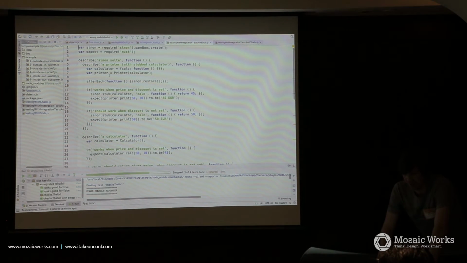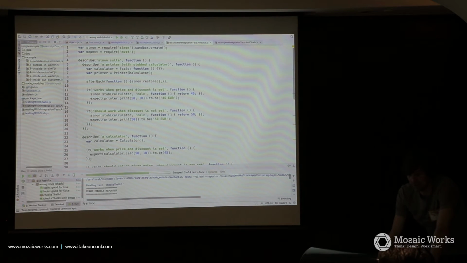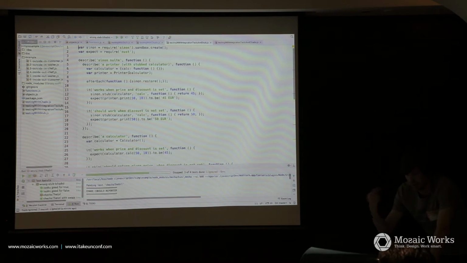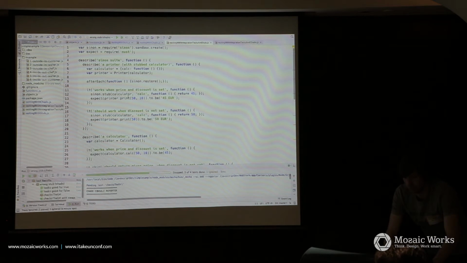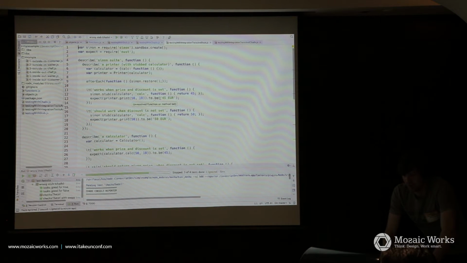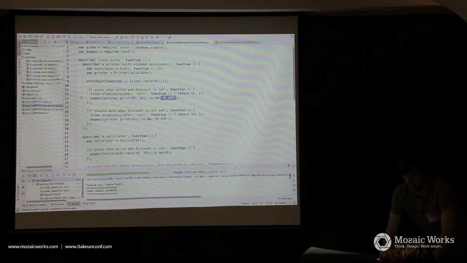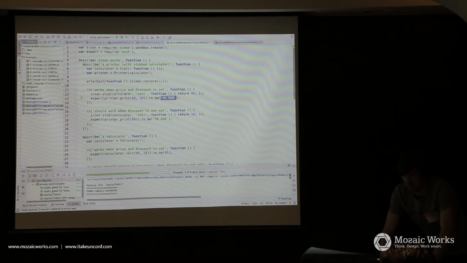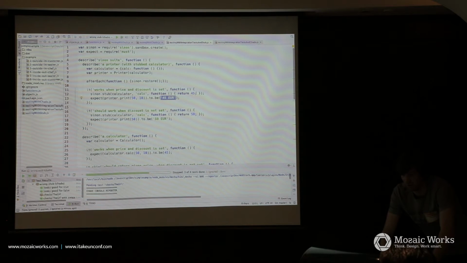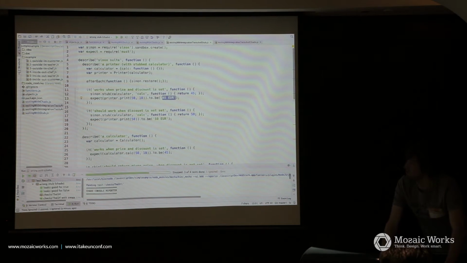We have a calculator and a printer, and we want to print something, passing the calculator to the printer. So whenever the printer is called with a number, the printer calculates something with the numbers by passing it to the calculator, who returns 45, and then we print the same with euro appended.